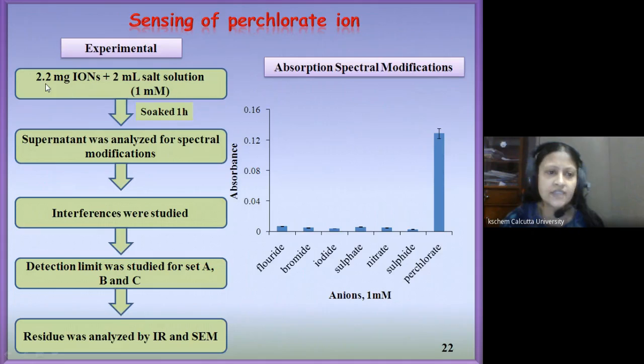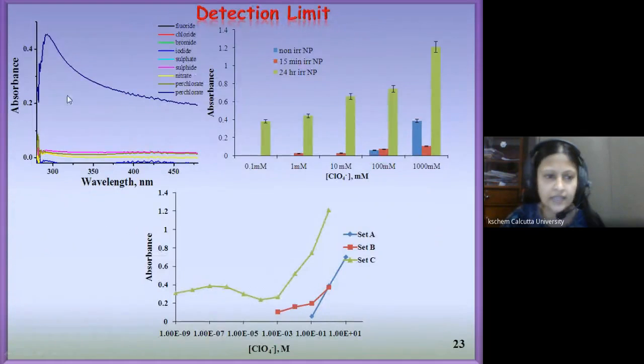Now, for sensing, we have taken 2.2 milligrams of the iron oxide nanoparticles, and they were taken in 2 ml of different salt solutions of different anions and soaked for 1 hour. The supernatant was then analyzed for the spectral modifications, and we can see that at near about 300 nanometer, none of the anions showed any response, but perchlorate showed a very high peak,